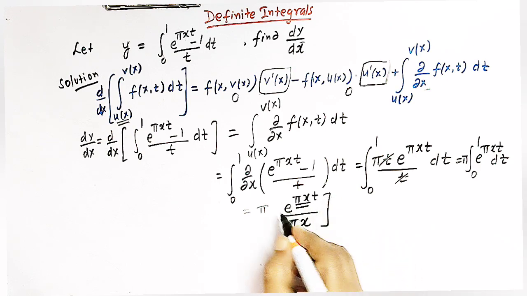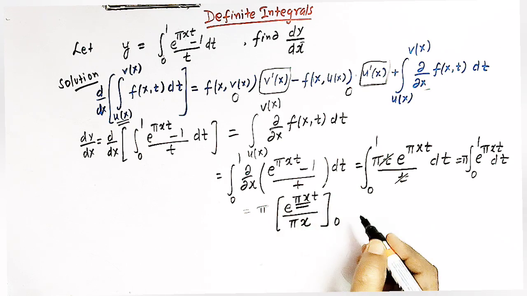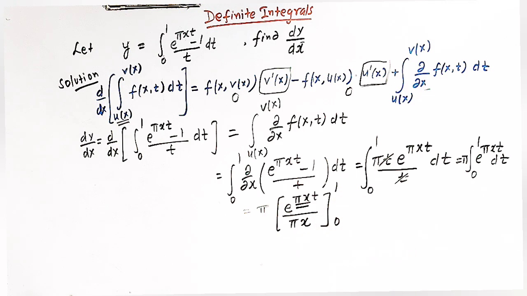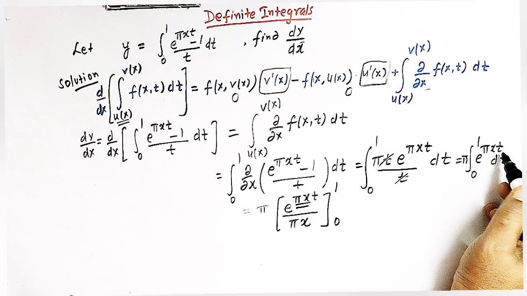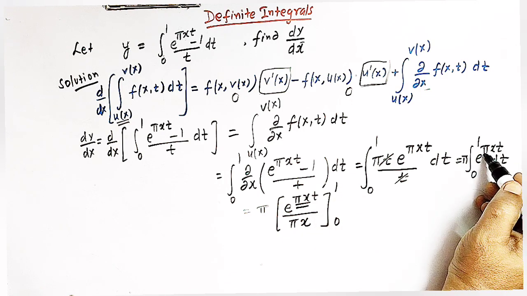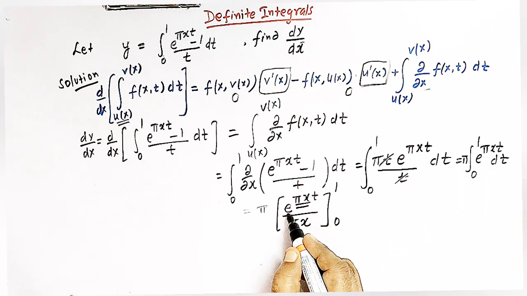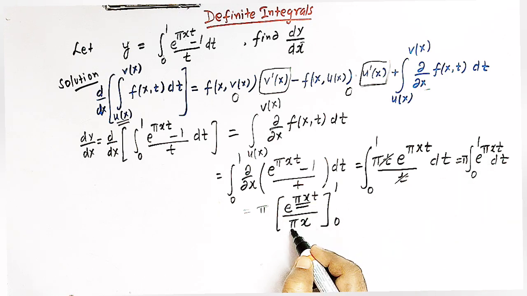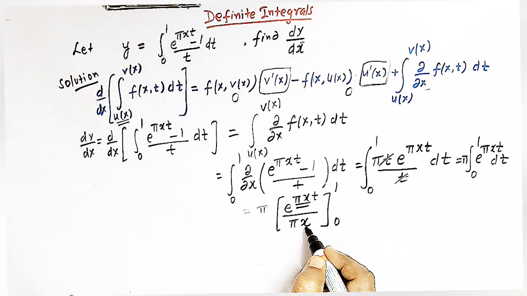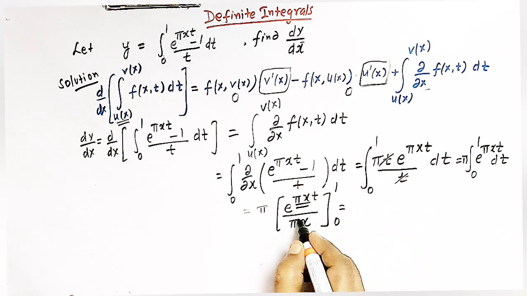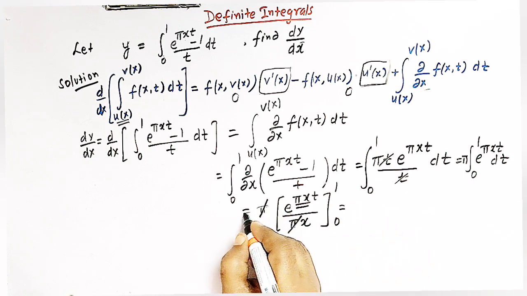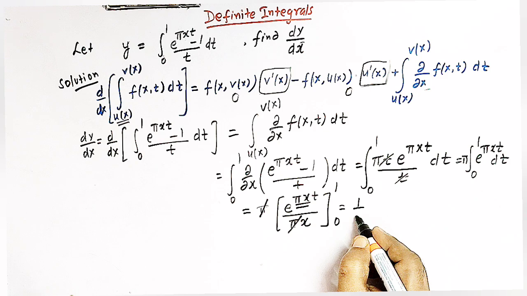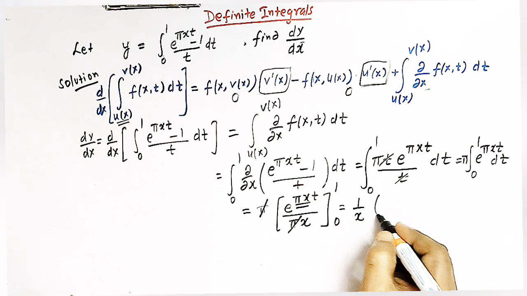And then we have the limits of integration 0 to 1, right? So because here the variable is t, and pi x will divide e raised to pi xt by pi x, right? Okay, so now this pi and this pi get cancelled, so we have 1 over x and e raised